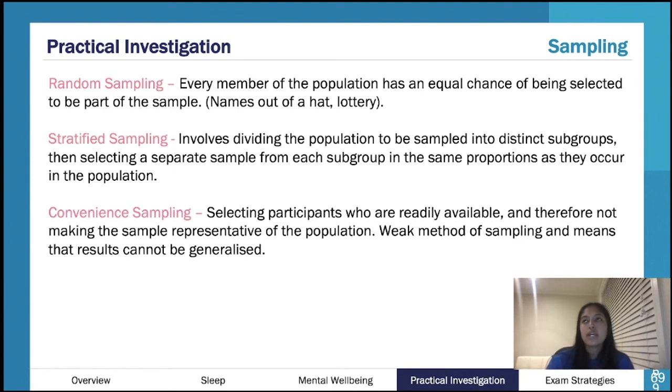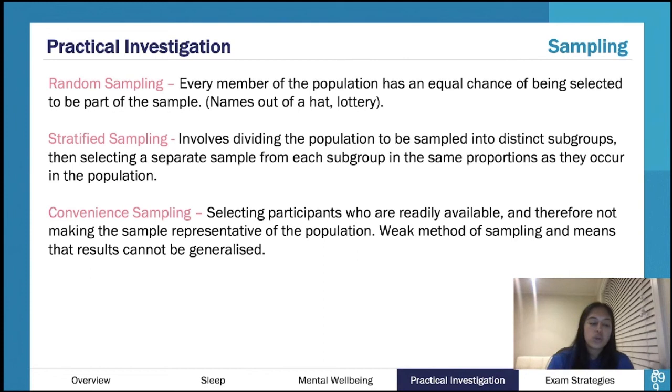So instead of 10 from each age group, you do it based on, there's a lot of 30-year-olds in here. So I'm going to take 60% of my group, make them 30-year-olds, and then the rest are divided. So it's that idea of stratifying them in accordance to their proportion in the population. Convenient sampling is literally, these people are around me, I'm just going to pick them.